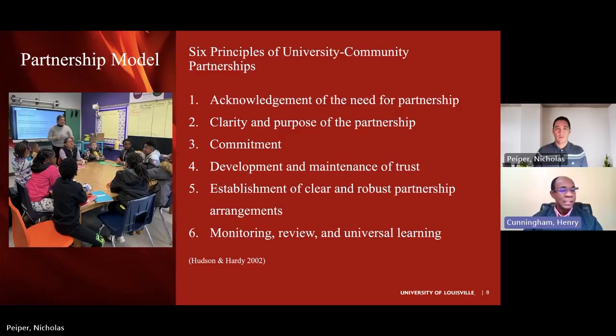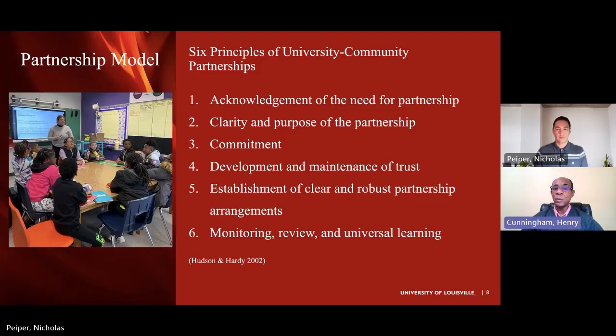And the first of these is the acknowledgement of the need for partnerships, which is very similar to what I talked about earlier on about preparing to partner. You acknowledge that you need to partner with somebody, and you have a project you would like to do, but you realize you cannot do this project on your own. And so you do an assessment to determine what you want to do, what needs to be done, and with whom you could perhaps partner to get this project completed.